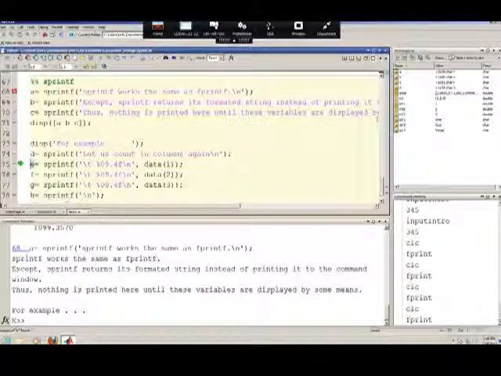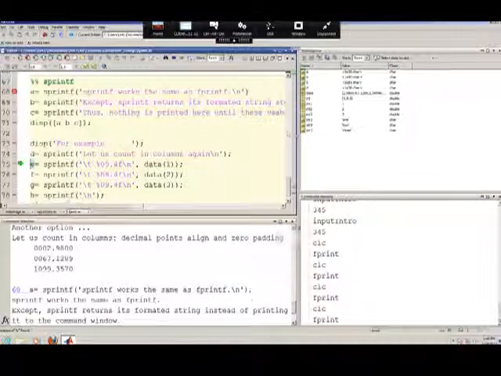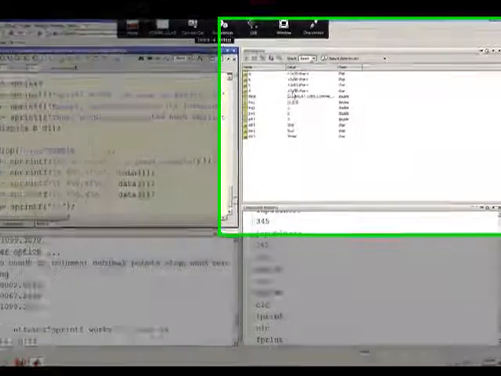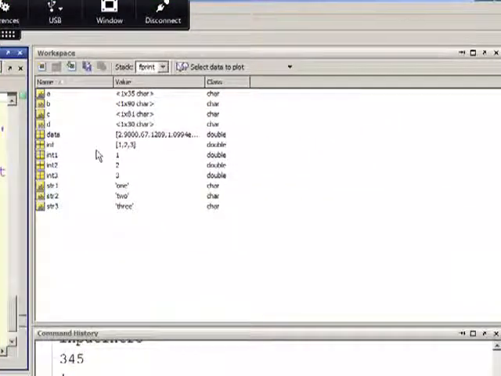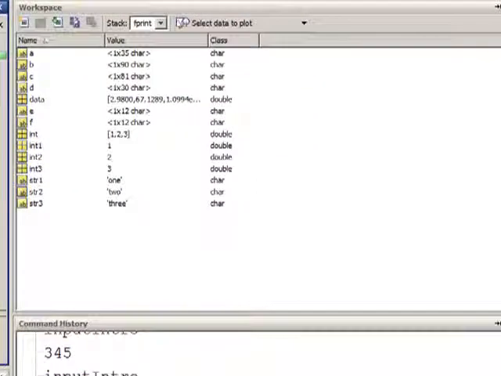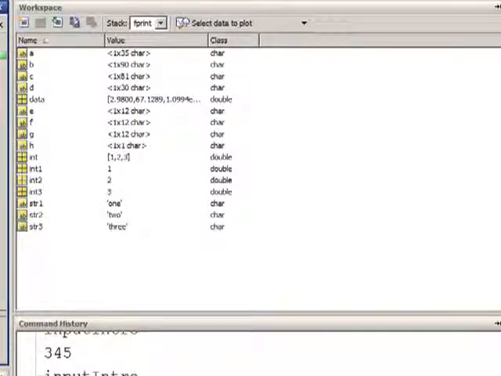If you go over here and try to bring the command with the workspace in here a little bit tighter, you see D is equal to a string, or vector of type char. E gets assigned its length, 12 there. F gets assigned. Notice nothing else is being printed out on the command window. All that's happening is these variables are getting assigned by sprintf. If these were fprintfs, things would be getting printed out to the command window. So G gets assigned, H gets assigned, just the backslash, and so all of these are assigned, and then